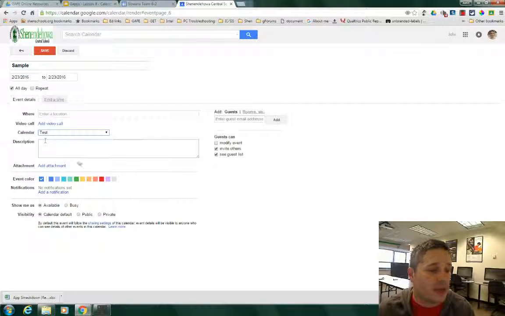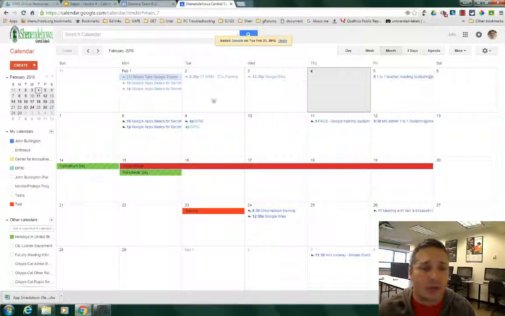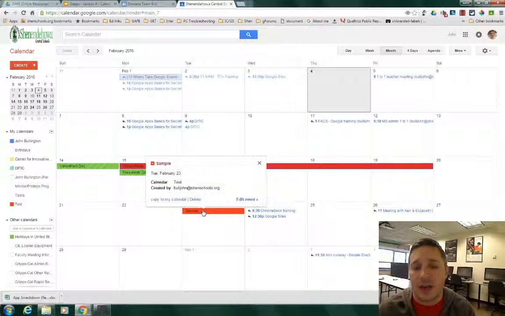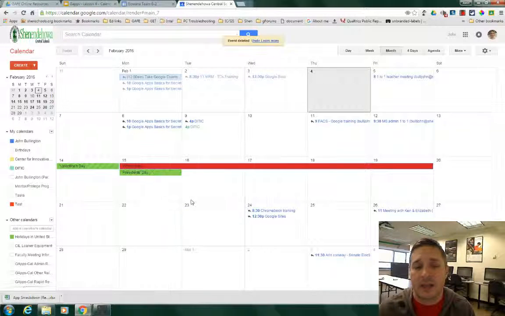So I'm going to add this appointment to the test calendar and say save. Notice I see that appointment here because my test calendar is on. When I toggle it off, that event appears and disappears. If I accidentally created an event I don't want, I can click once on it, the delete button is there, it says it's deleted up here, and you have a little bit of time to undo it if you want,